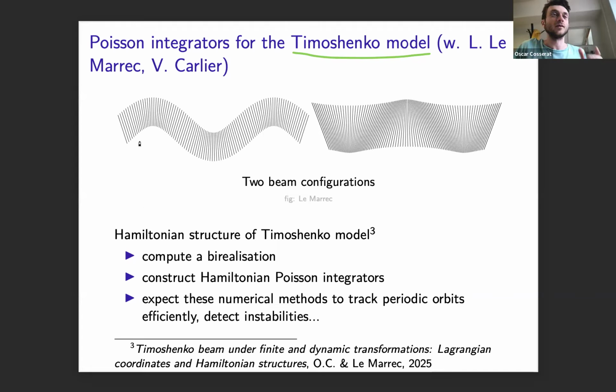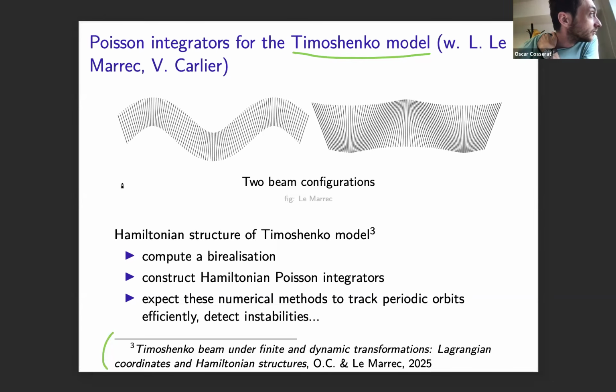So it models the deformation of some solid with rigidity assumptions. And this model is Hamiltonian, so there is a preprint here called Timoshenko beam under finite and dynamic transformations that I wrote with my co-author Loïc Lemarec, where we investigated the Hamiltonian structures of the Timoshenko model,